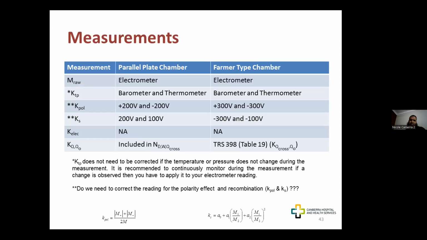So the measurements you normally do, you get your raw measurements, which is the electrometer reading at the ZREF, and then you correct your temperature correction factors. I asked you in the last presentation, the temperature correction factors, why we have to correct your temperature pressure when you are actually measuring your output. The reason is